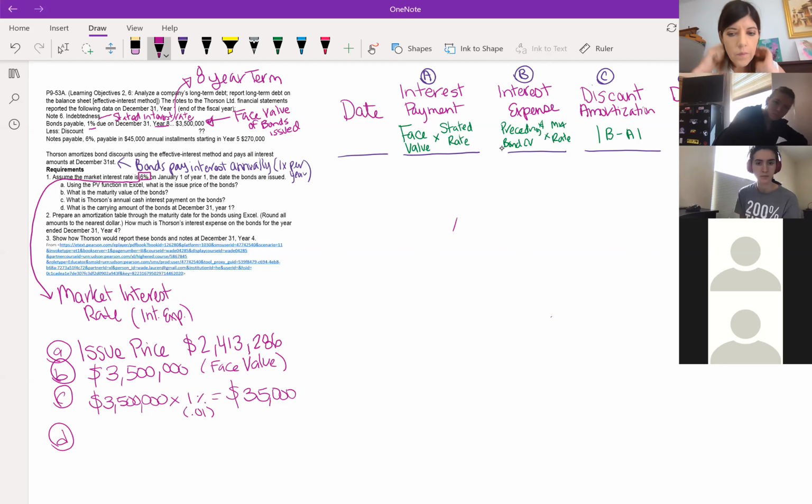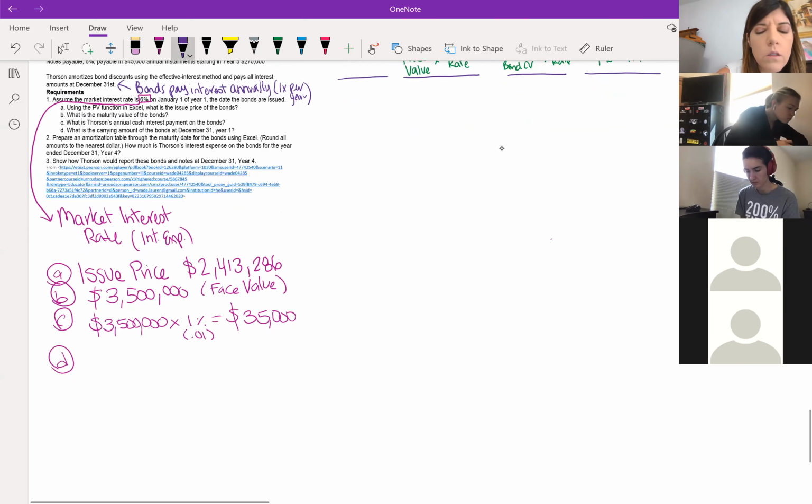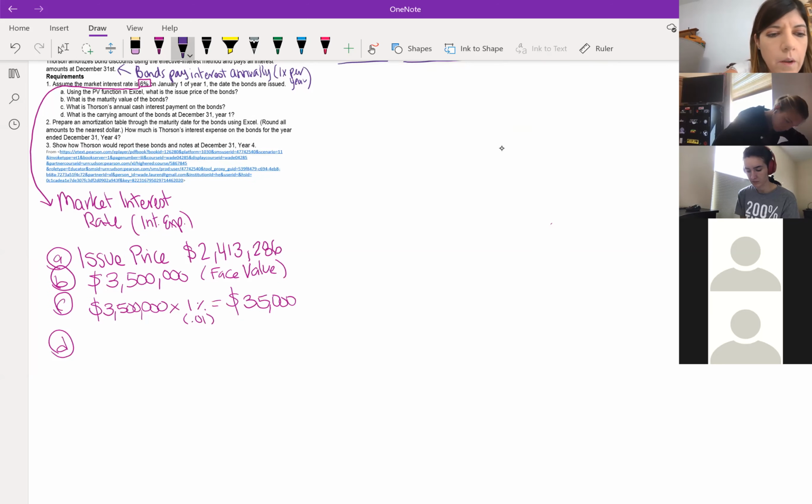I have a question before we move on. Yes. Real quick, how do we get the issue price again? I was tracking, but I just wanted to make sure I have it. Okay. Do you want me to write it out in words? Yeah, sure. Okay. So I'll just put it down here. Issue price equals negative PV, which is present value,